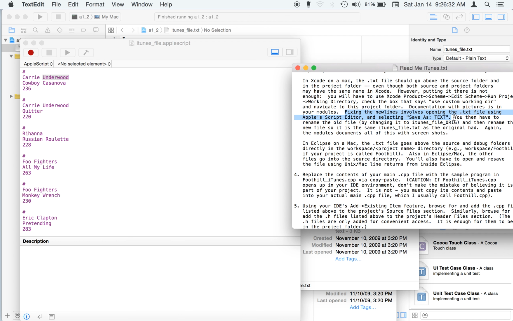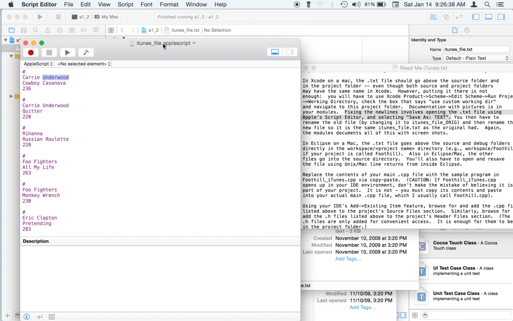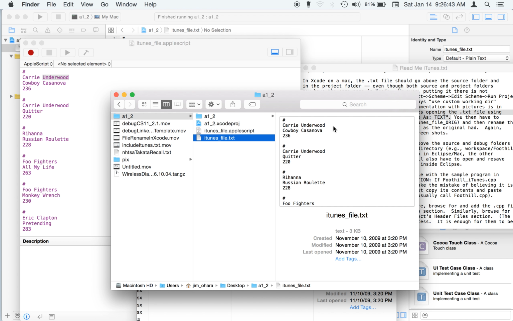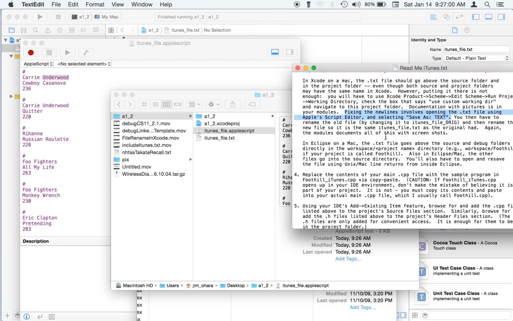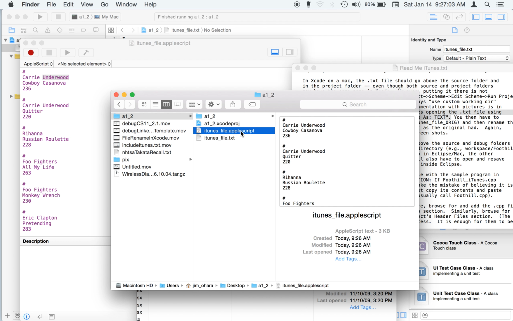Now we have to rename the old file. Oh, notice that this file has been given the extension AppleScript now after our save. So here it is. Here's our new file. We just created it at 9:26, and here's our old file that was created back in 2009. This is the file we want to use, that we want to read, but our source code is looking for this file name. So to fix that situation, we